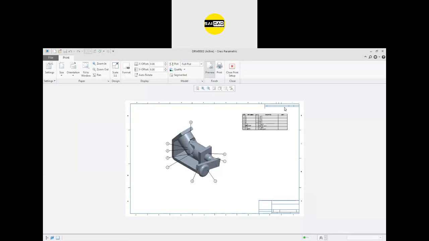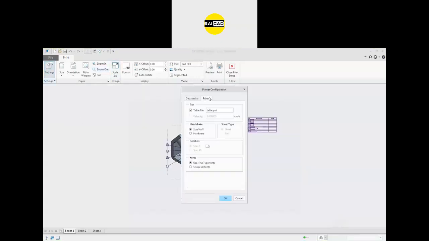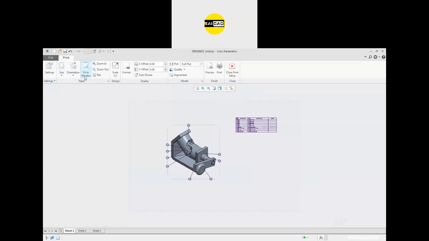But if you have seen while I created the format, I have specified some offset value of 5 so that my margins are there and the sheet will not be cut out from the side. So we need to have some margin to print the sheet properly. So in the printer, we don't have any option in here. We have the size, orientation, everything, but we can do one thing: the scale ratio we need is 0.9 instead of 1. We can check that. So if we go to the preview,